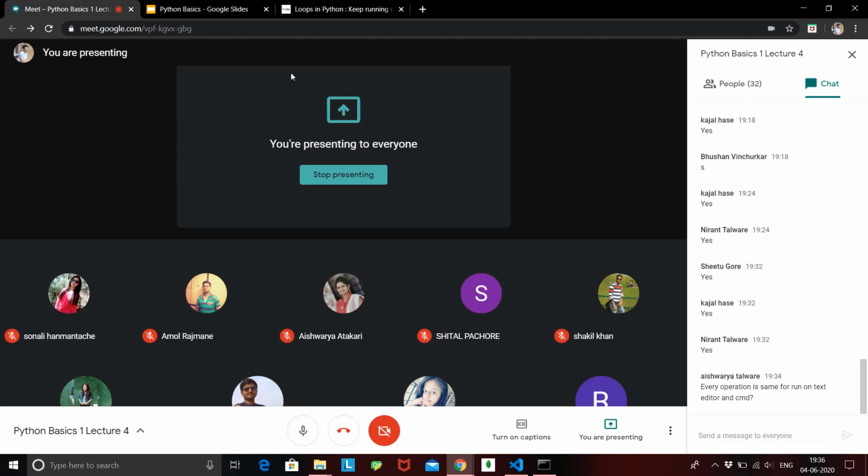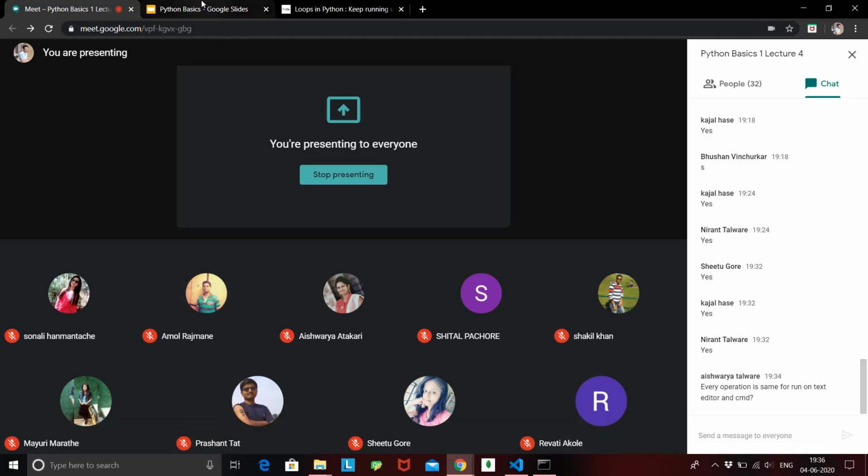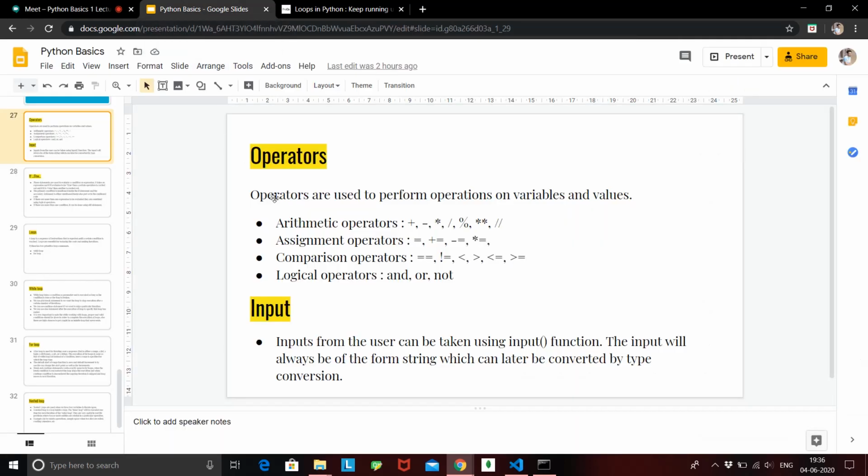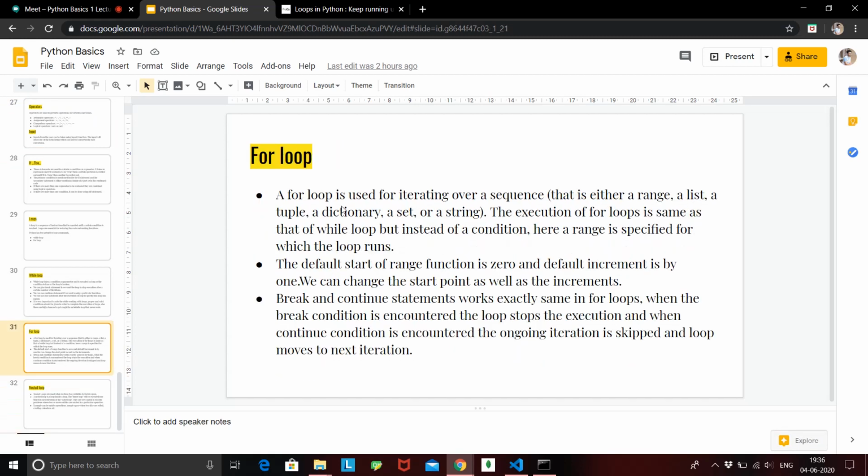So basically these are the two assignments for today, and I hope everyone completes them. The first assignment is to take input of two numbers from the user, compare them and output which number is greater. The second assignment is the for loop. Take a list, create a list on your own, or you can even ask the user to create a list using the input function.